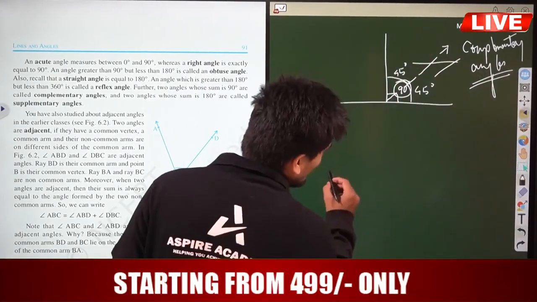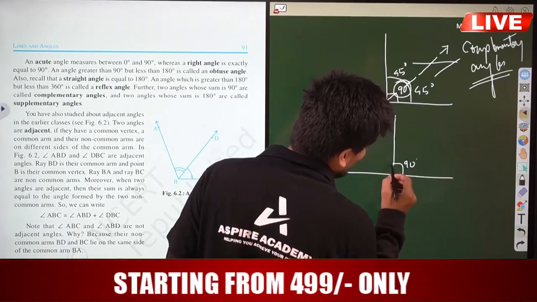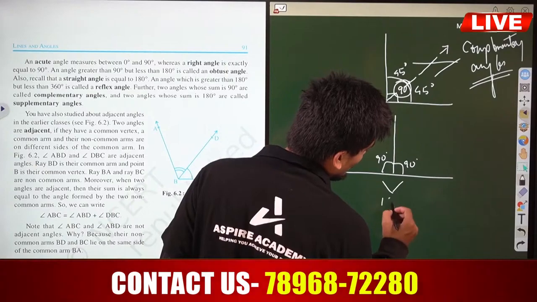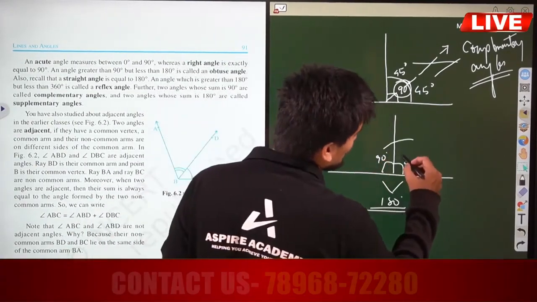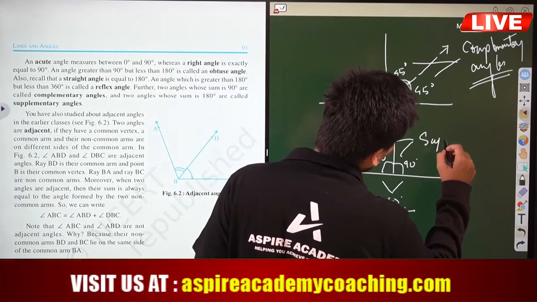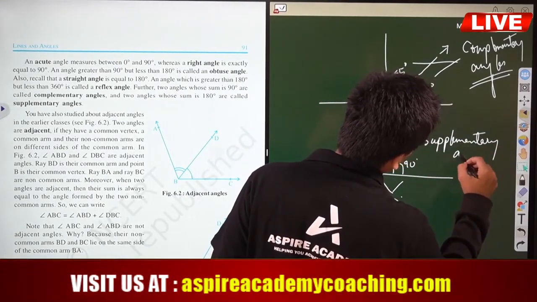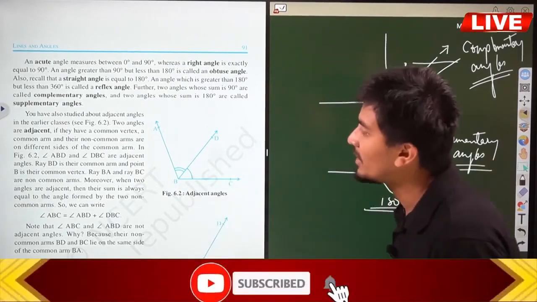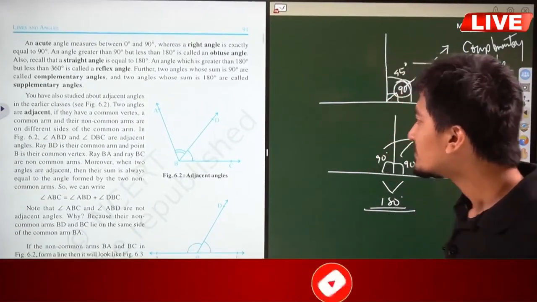But if the same straight line I draw like this, and this angle is 90 degrees and this is also 90 degrees, so that means the straight line has 90 degrees plus 90 degrees, that is 180 degrees. So we call these two angles supplementary angles. Okay, so understood what is a complementary angle and what is a supplementary angle. Okay,